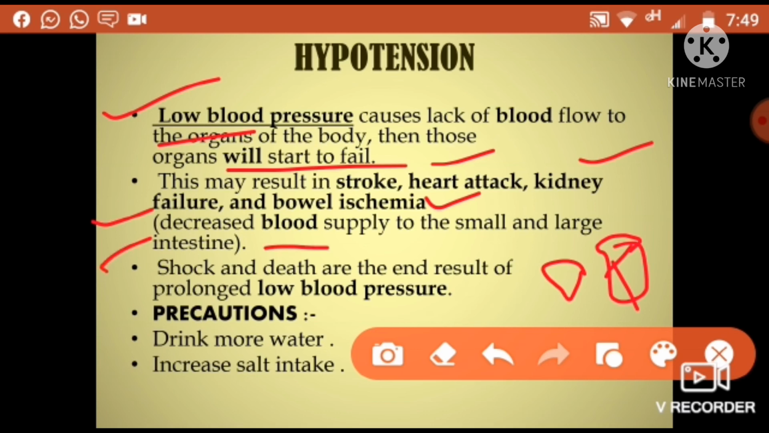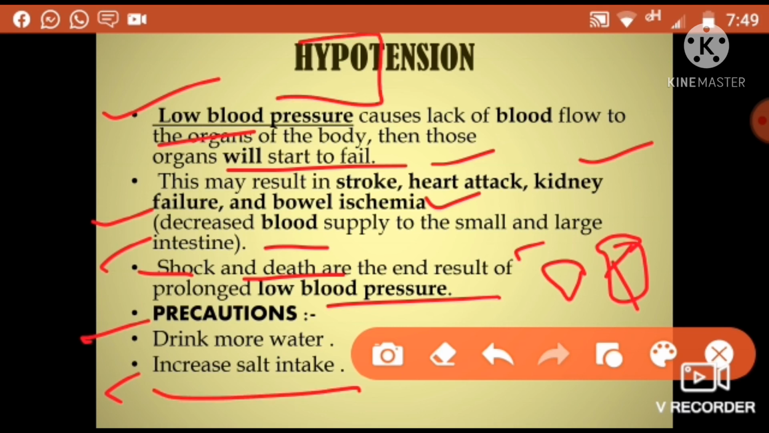Shock and deterioration are the end result of prolonged low blood pressure. Whenever a person is facing an extremely low blood pressure level, then shock and death are the end results. What are the precautions? These are the precautions you must adopt. If you are a hypertension patient, or if you see some hypertension patient, then you should drink more water and increase salt intake in case of hypotension, meaning low blood pressure level. Okay,